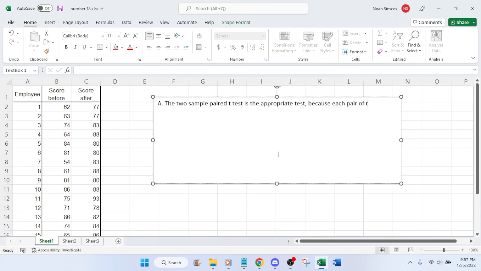Each pair of results is related. One is results before training, and one is the result after training. I don't know what the correct wording on that is. So anyways,